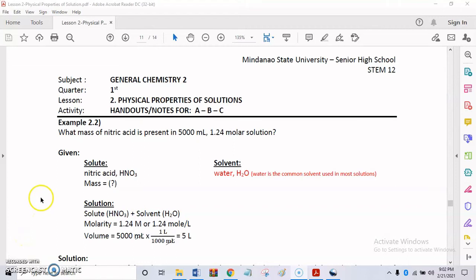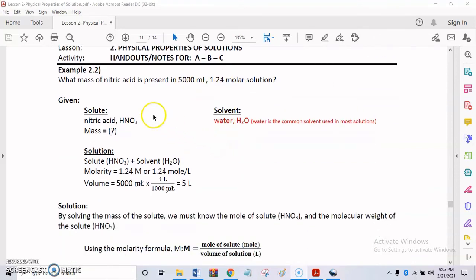Let us proceed now to example 2.2. What mass of nitric acid is present in 5,000 ml 1.2 molar solution? Given tayo solute the nitric acid, the mass of the solute is unknown, and the solvent here, since hindi siya indicated sa problem,